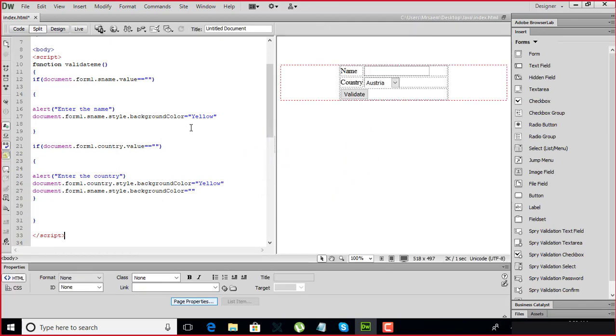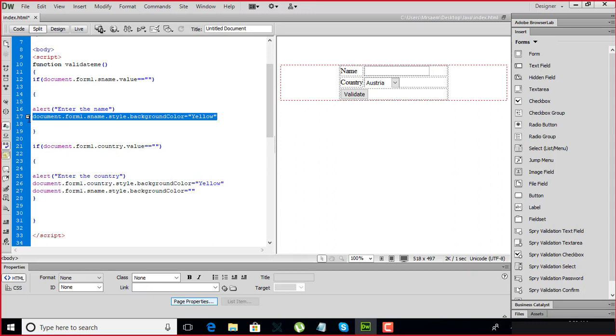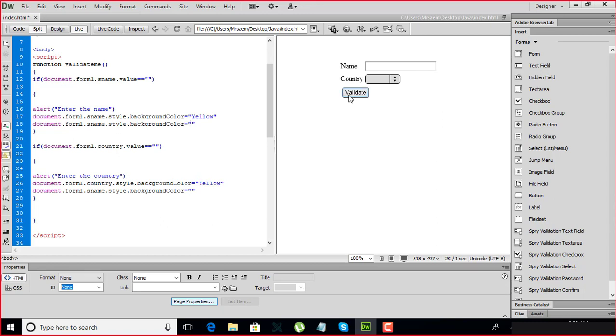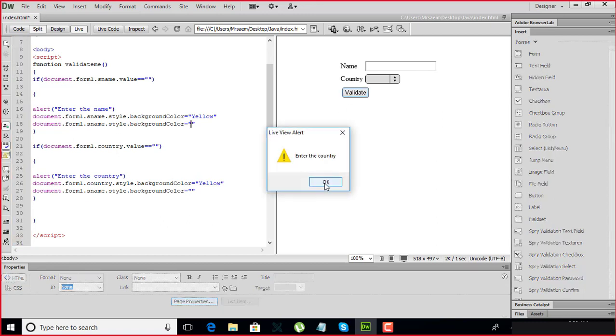Let's try now. Yes. So if I click on this, no, sorry. It's yellow. If it's done, I'll also make this white. Okay, so now when we enter, it should turn back to